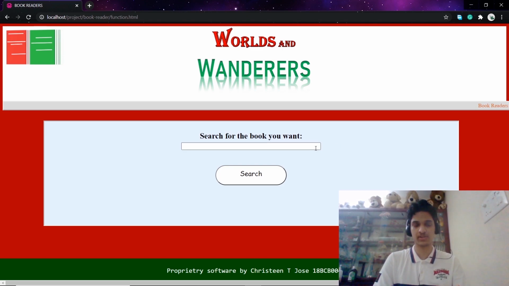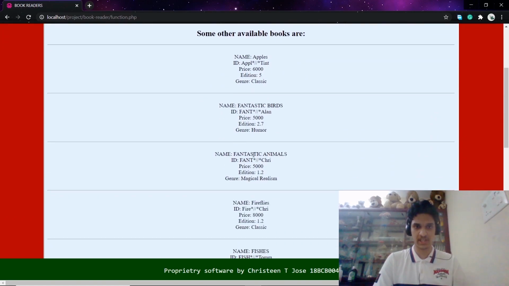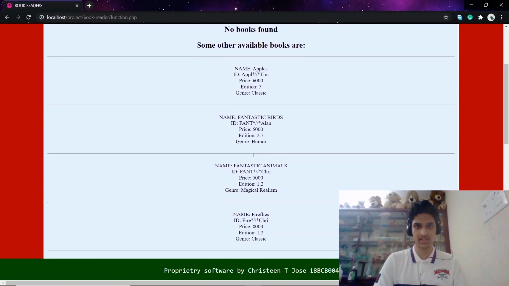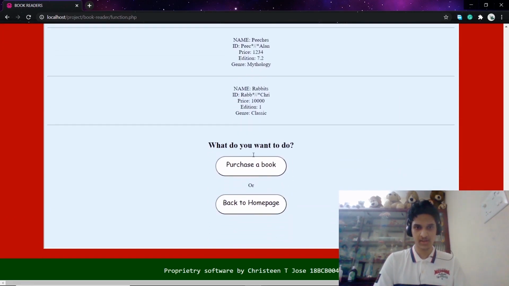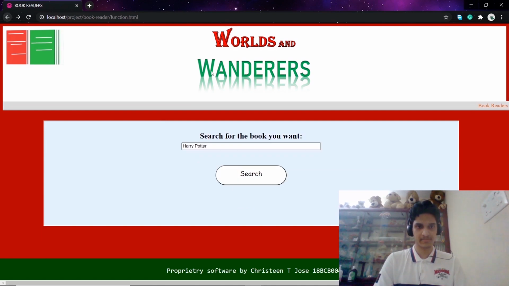Now it's asked us for a name of the book. Let's just try it out without SQL injection. So Harry Potter, and it tells us that no books were found, and the names and details of some other available books. And at the end we have these two options: purchase a book or back to home page. Now let's just go back.